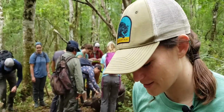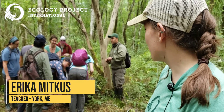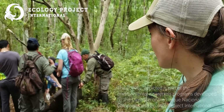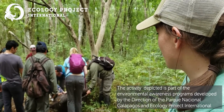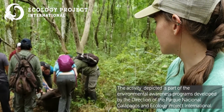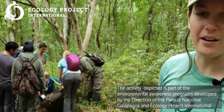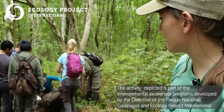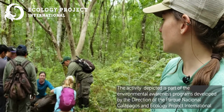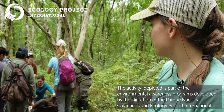Okay, so we're here doing some giant tortoise monitoring. You can see in the background they've just flipped over a large male and they're taking some measurements on the bottom of the shell. So the idea here is to periodically go out and monitor the tortoises, capture them or recapture them, take measurements of their height, width, the bottom of their shell, the length of the carapace, which is where their head is now hiding. You can see Burnus with the white scanning for the PIT, which is the identification system, and that